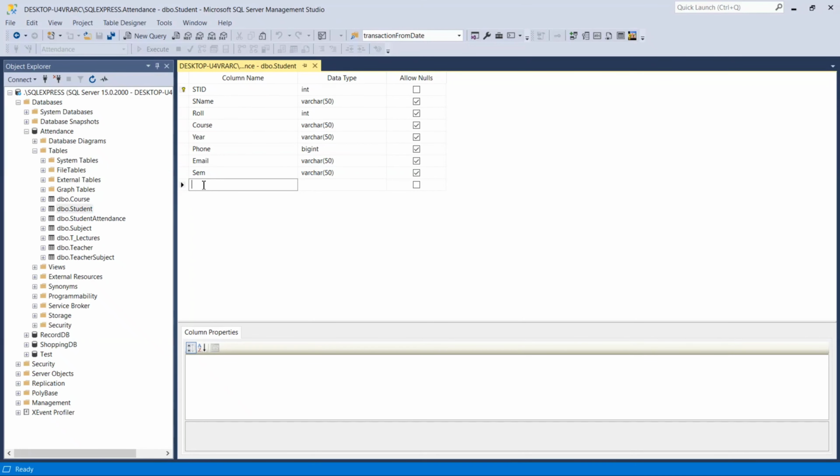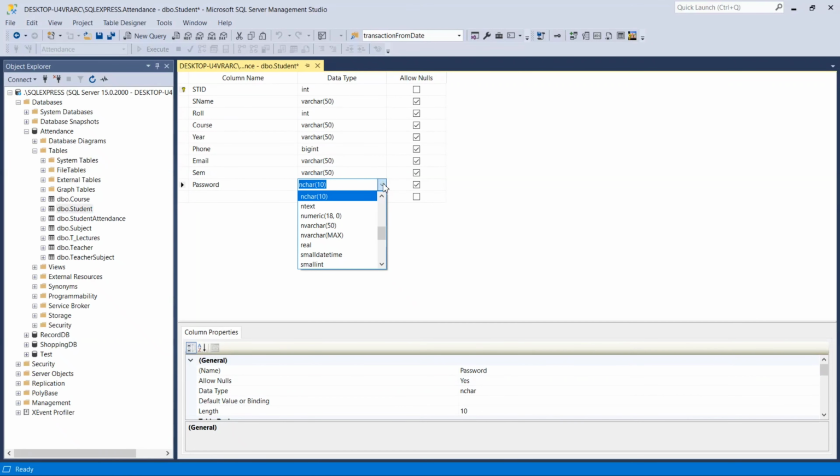So first of all, we are going to add one new column as password. Save it. In my case, it saved easily.